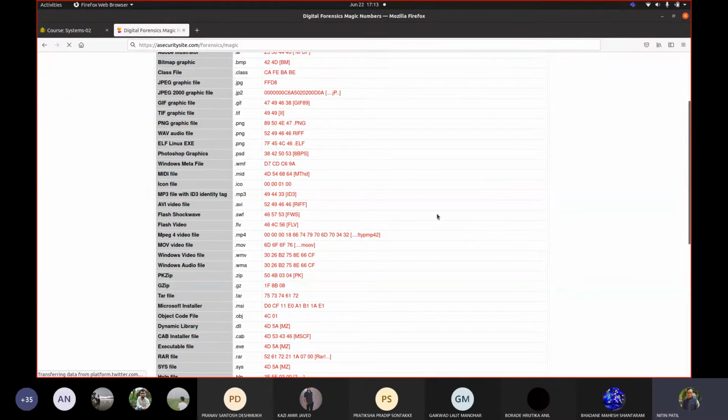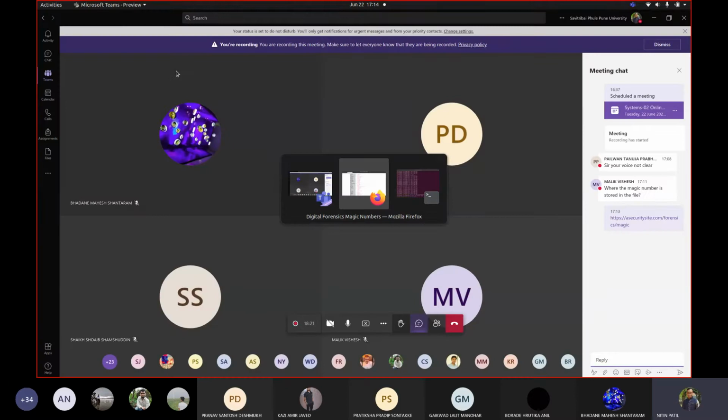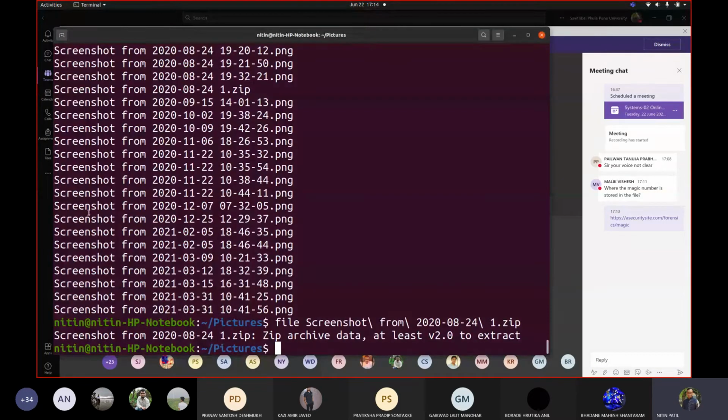So what exactly is to be done? If I have to open a file and check what the type of the file is, in simple words, can you implement your own file command? You understood what I said? What I am asking you to design is a program which is a simulator, or a copy, of the file command. When I say copy, I don't mean an exact copy. You write your own. It should display the file type. So what exactly do you have to do? You have to read the file, and this text is to be displayed depending upon the magic number. This text would be in your printf statement.